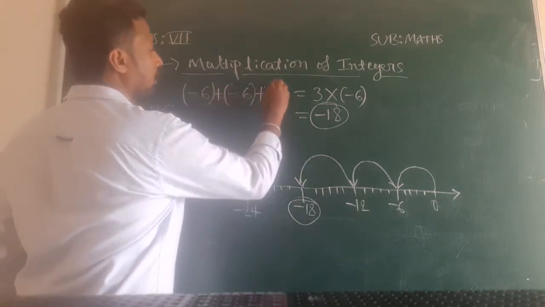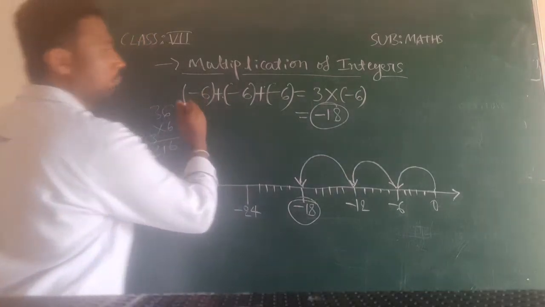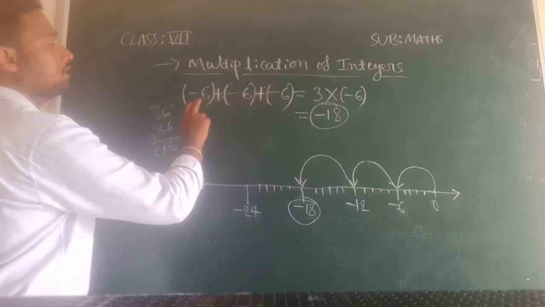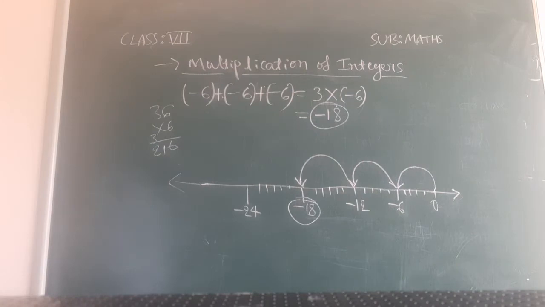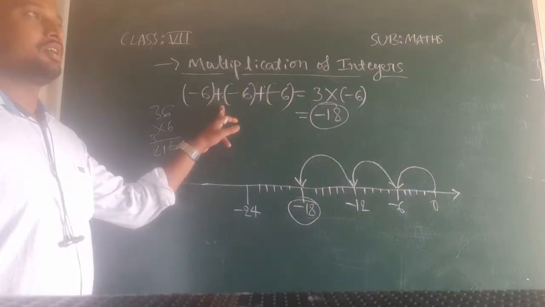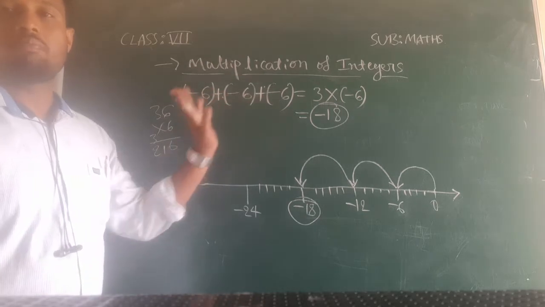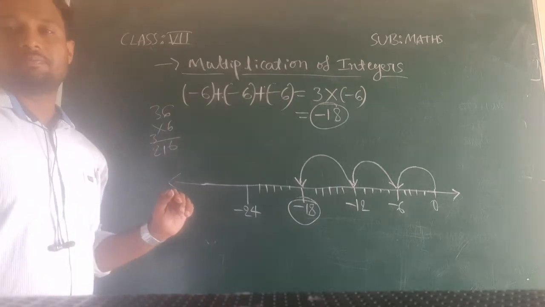Inside the bracket I will write these numbers: -6, -6, -6. This is repeated addition, because multiplication is nothing but repeated addition. So here we write -6 repeatedly, and we are adding. How many -6? 3. So 3 into -6. Remember always. Check the previous example that I explained in the previous video also. If I have written multiplication there, please change that, and consider it as plus only, because multiplication means repeated addition.